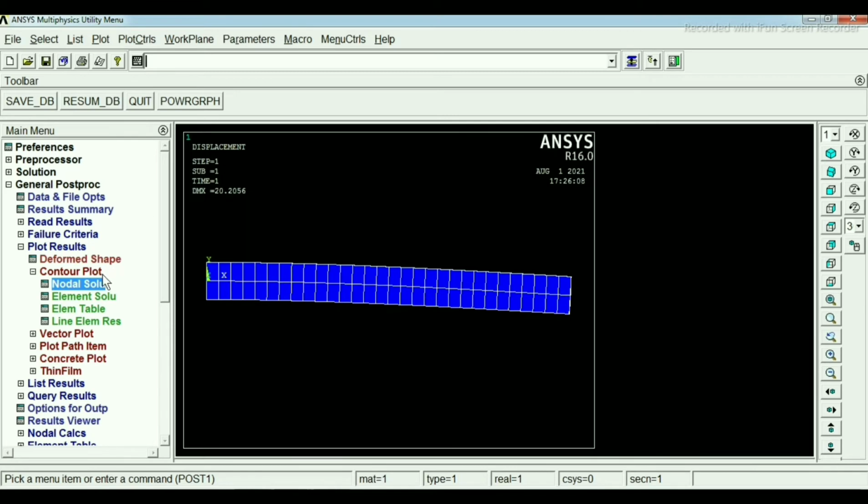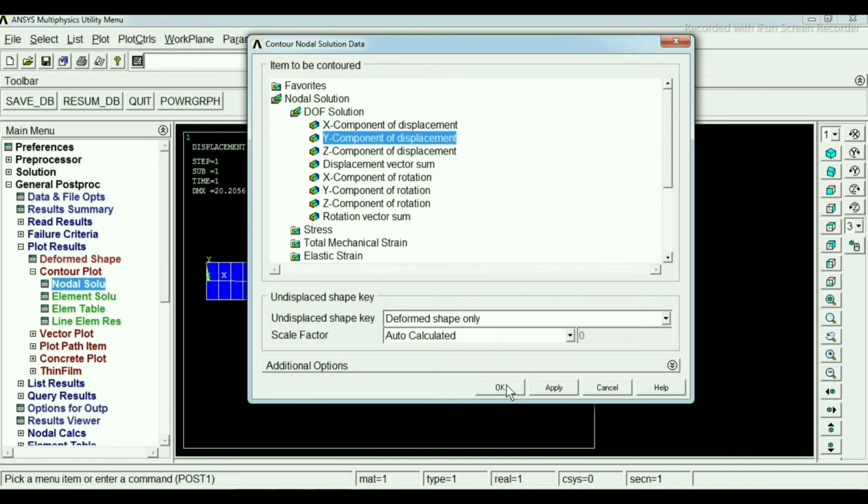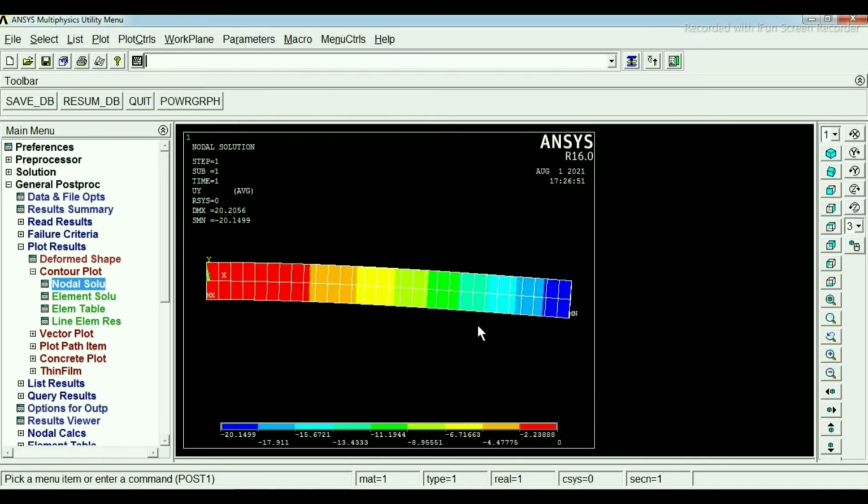Now we will see the displacement. For seeing the displacement, the options are the same. Click on Nodal Solution, and here choose the option DOF Solution, degree of freedom solution. Click on this, choose the displacement in the Y component, and click OK. So this is our displacement in the Y component.